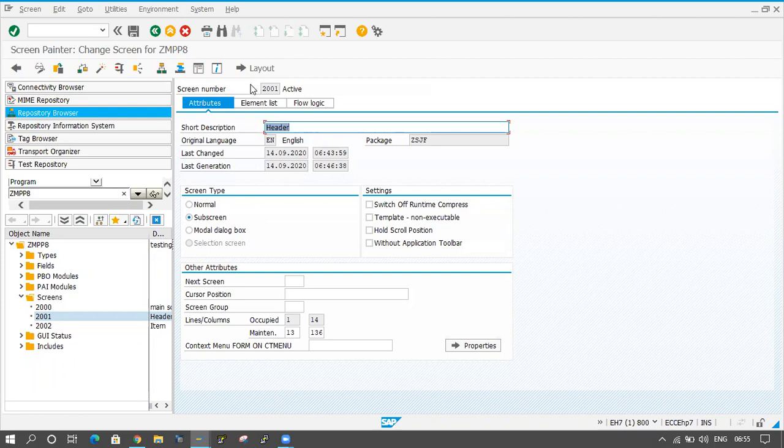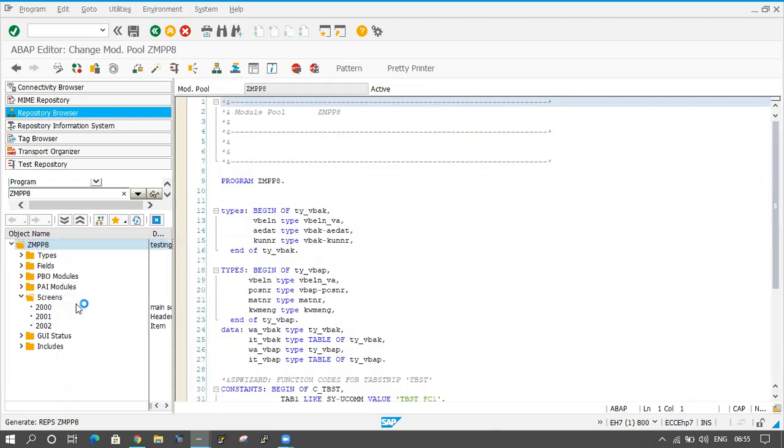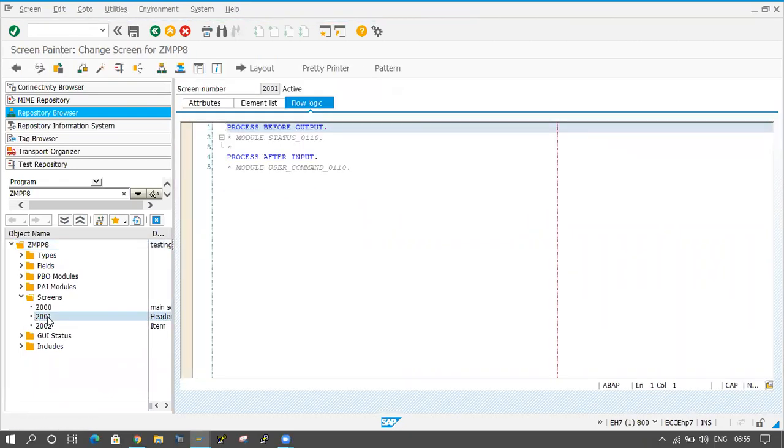And now in the 2001 screen, I want to apply a table control. Okay, the 2001 and 2002, two table controls I have to apply. Right now, I will double click on 2001 and click on the layout button here.